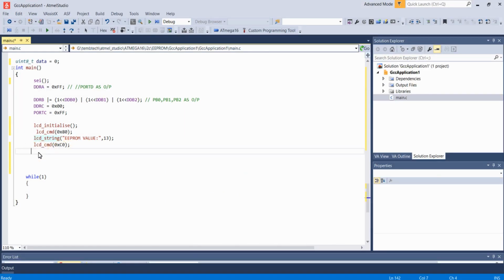So as I said in the previous lecture, we are just going to use the I2C start function. So this function receives a parameter with the slave address. As I said, for writing the data, the address is 0xA0. So this line will send a start bit, following that it will send the slave address of the device.